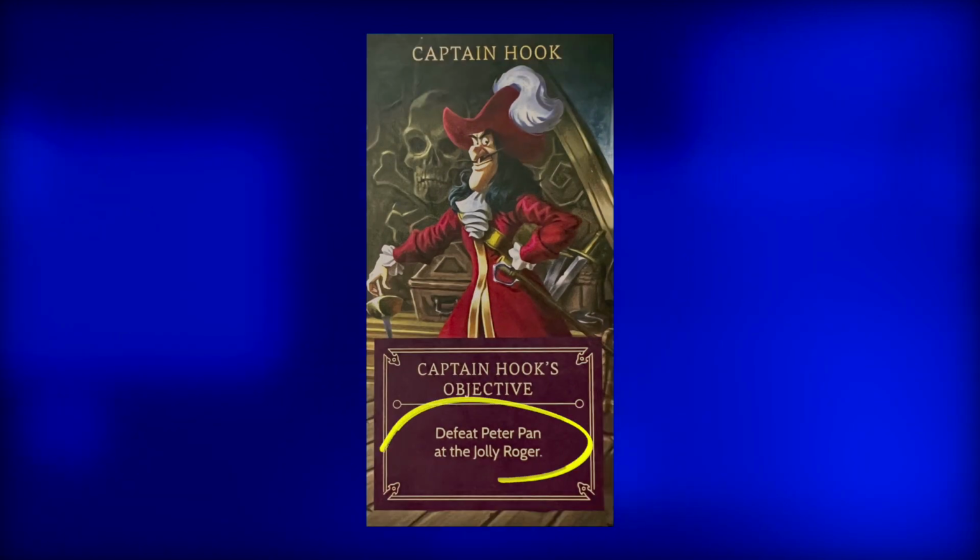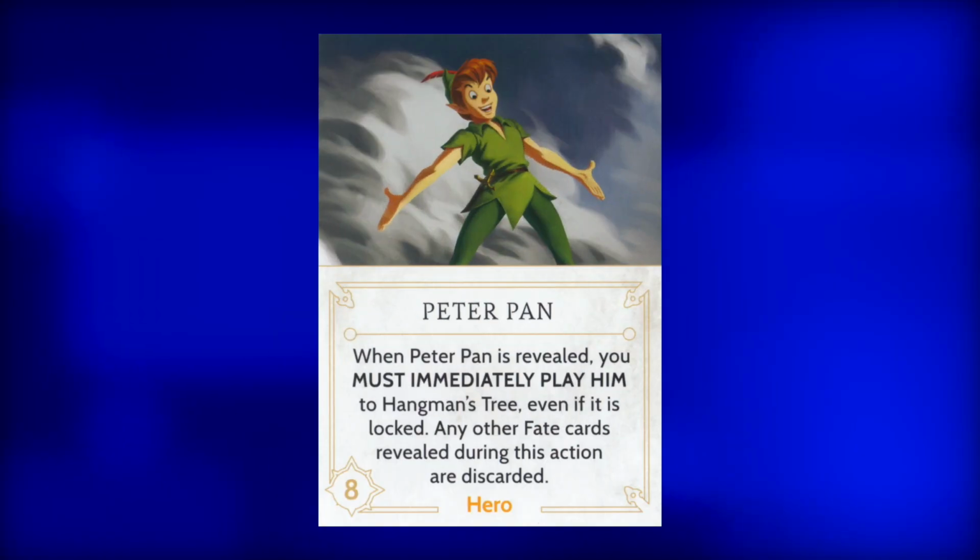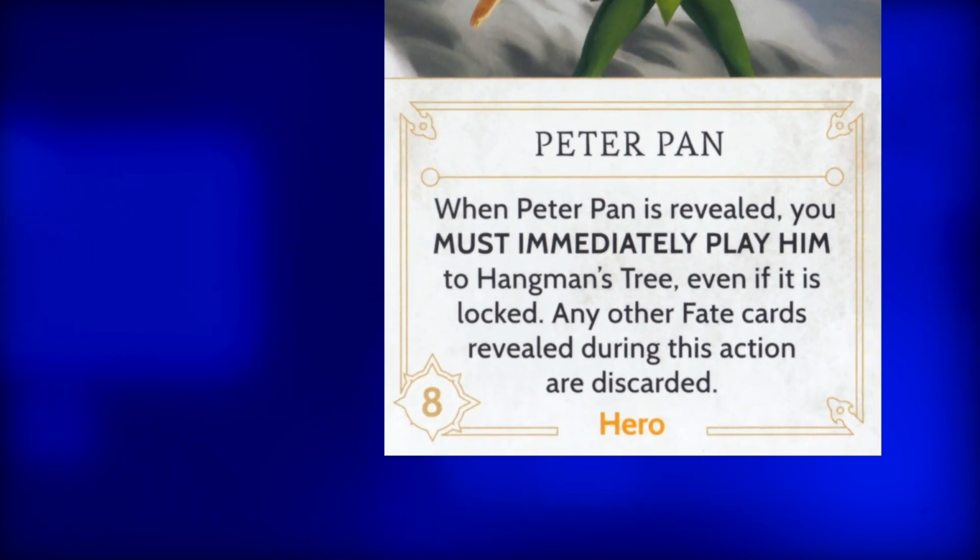To win as Captain Hook, all he has to do is defeat Peter Pan at the Jolly Roger. Okay, seems simple enough. I mean, Peter Pan is just a normal hero in the Fate deck, so why does it seem...